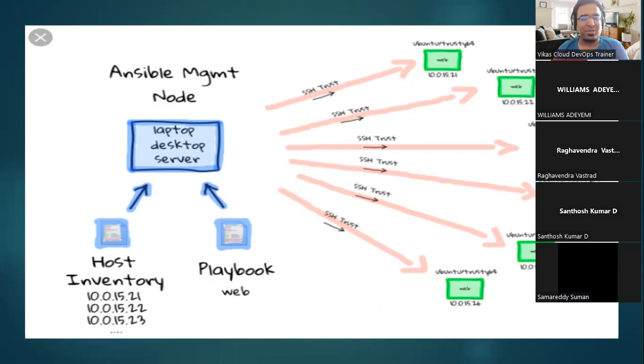If I tell you that you have to run the shell script on 50 machines, you will say that I have to log into the 50 machines, connect to each machine, and run this, right? Yes. Then where is the automation? If you log into 50 machines and perform the activity, where is the automation?